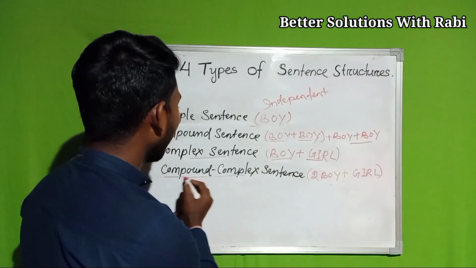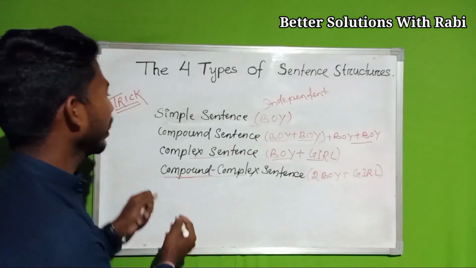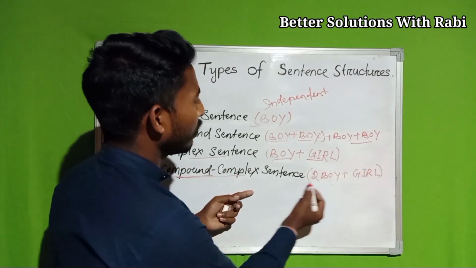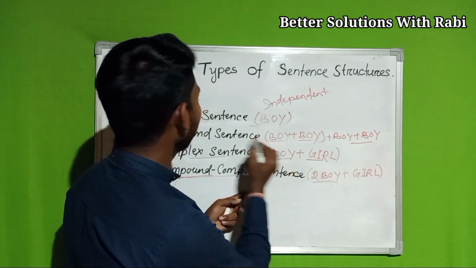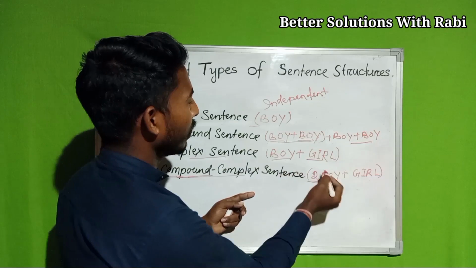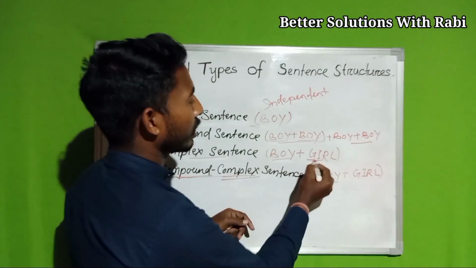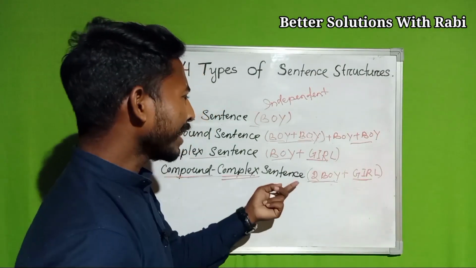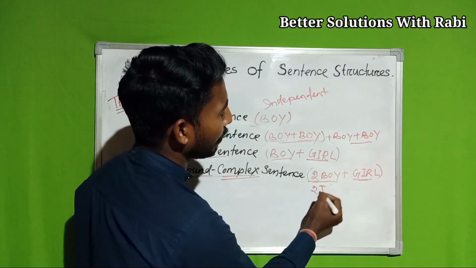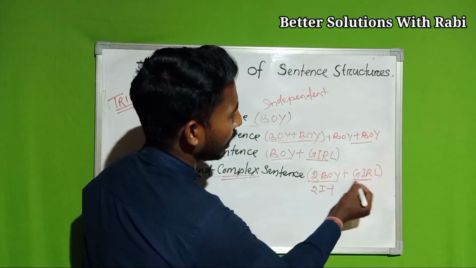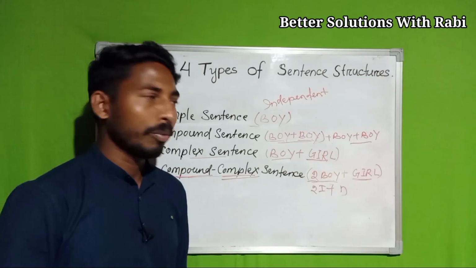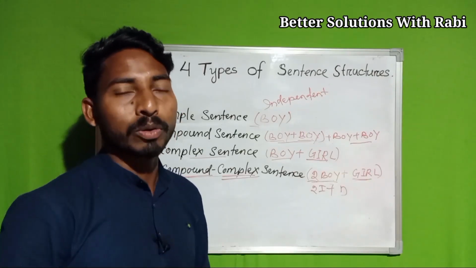Now let's see here the compound complex sentence. I had said that the features of the compound and the complex will be put here. In the same way, you see two boys written here, since for the compound two boys were there, and for the complex one girl is here. That means these two boys are independent. These are two independent clauses plus one dependent clause, which can make a compound complex sentence. We'll go one by one, then it will be easy for you to understand.